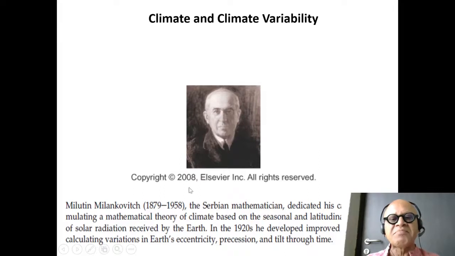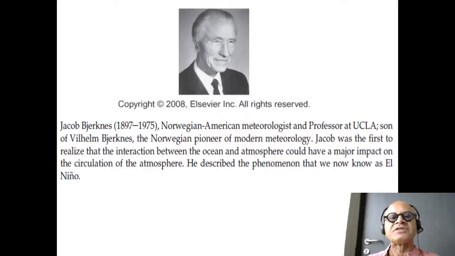Okay. There are some big names. Milankovitch, which always comes up, was the first guy to mathematically formulate the changes in Earth's orbital parameters, as we will see later. The glacial, deglacial cycles, or ice age cycles, are referred to as Milankovitch cycles. There was James Croll before him, much before him, who also had similar ideas. Jakob Bjerknes is famous for his work on El Nino related feedbacks. He was the son of the famous Wilhelm Bjerknes, which we had talked about in the previous chapter. We'll see what Jakob Bjerknes did that makes him a very important person at the short time scales of interannual